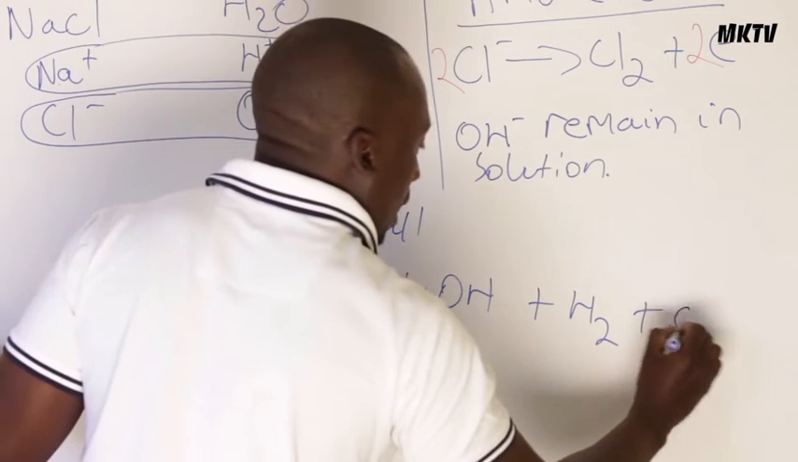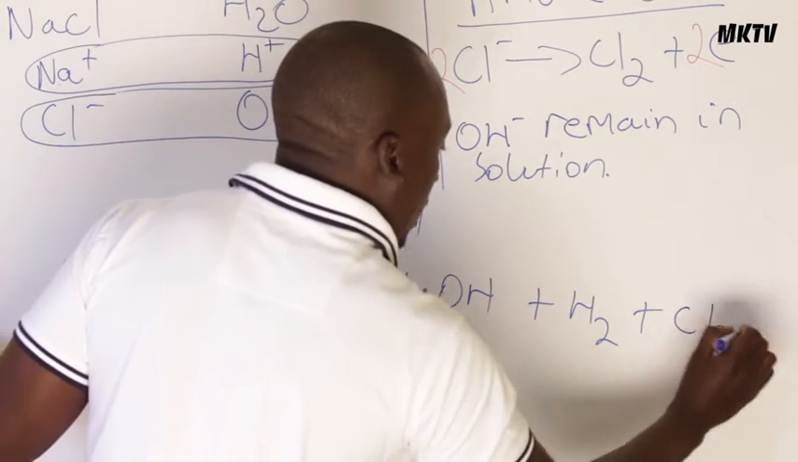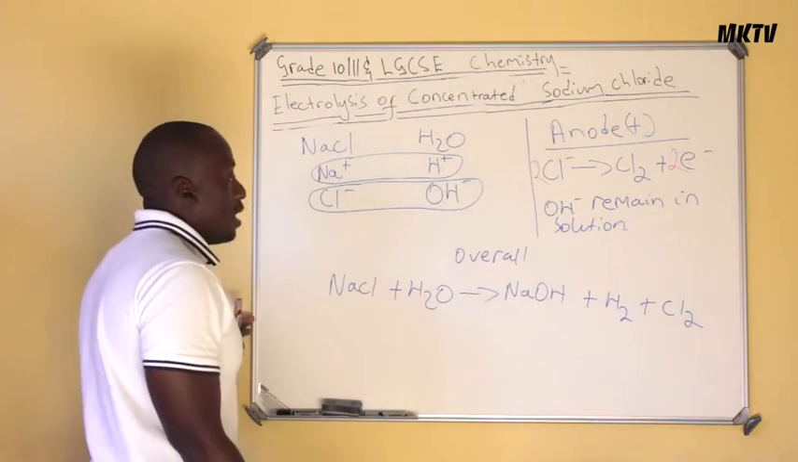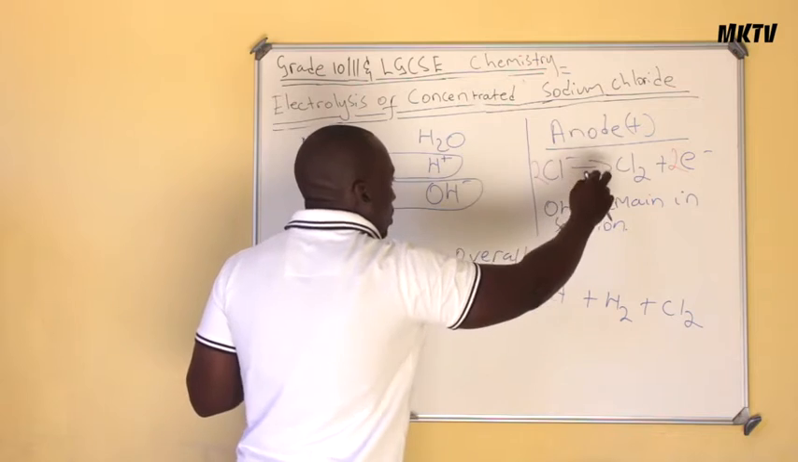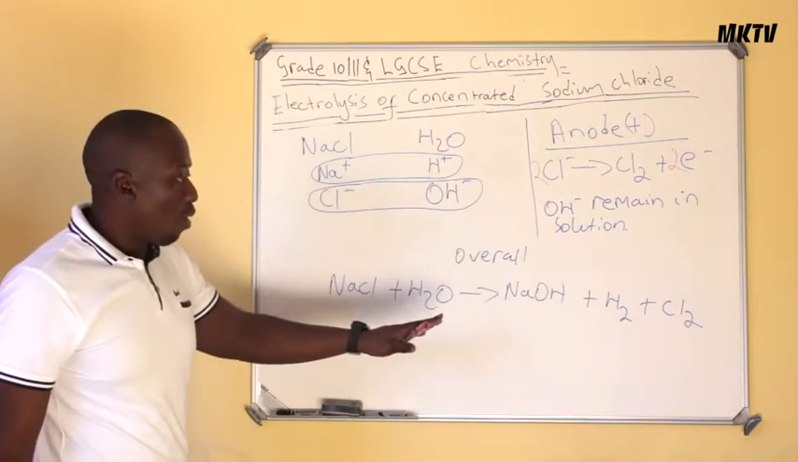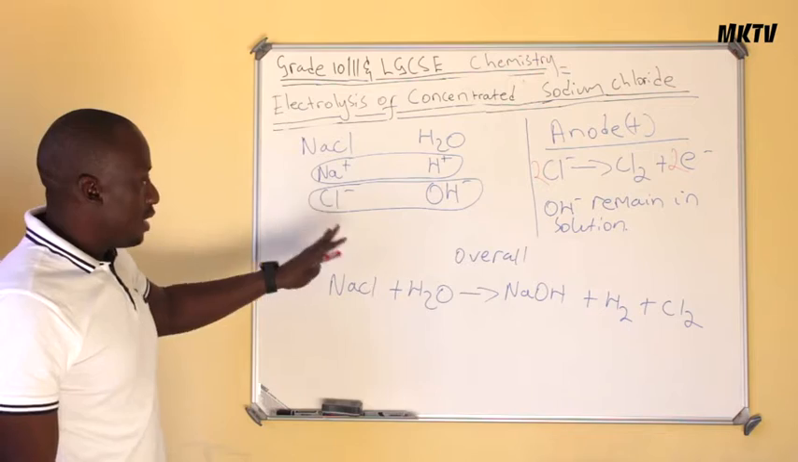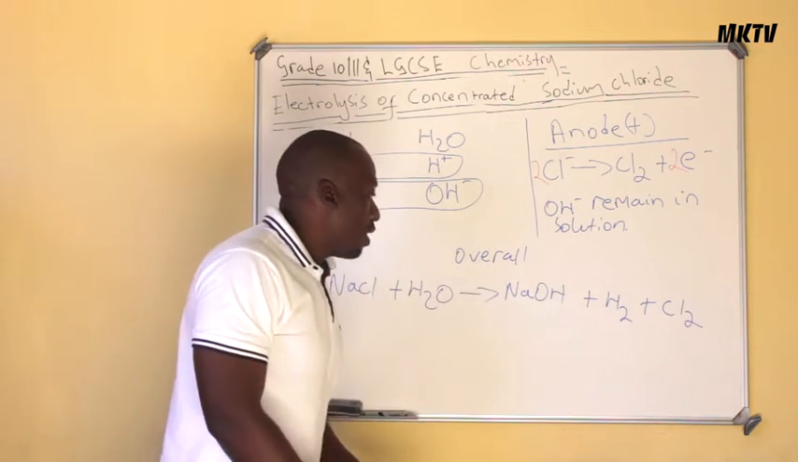And we are going to have chlorine gas also given off at the other terminal. Remember, these terminals: we have the positive one, which is the anode. This is where chlorine gas is going to be given off. And then at the cathode, the negative terminal, is where hydrogen gas is going to be given off. Now,